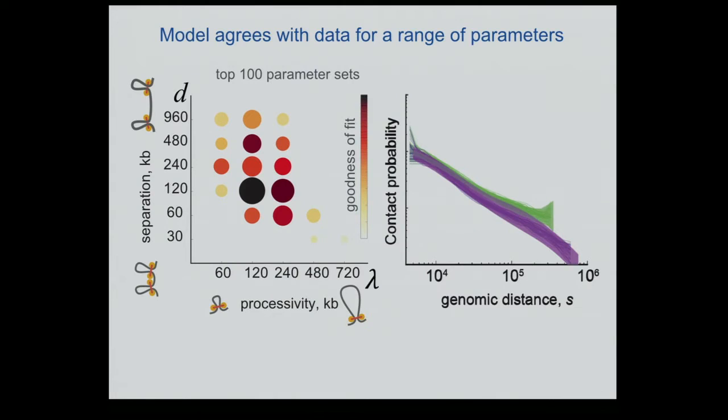Yes, Bill? You said this and I missed it. What is the metric you're using to select the best parameter set? Agreement on the scaling of contact probability with genomic distance. Let me slow down. Is it similar in different TADs, across different TADs? So you see the variation is the width of this lane, and we did it separately for TADs of different sizes, because you cannot put on the same scale TADs of 150 kilobases and 600 kilobases. So we said let's focus on 300 to 360 kb TADs. You can do it on smaller or larger ones. Any other questions about this?